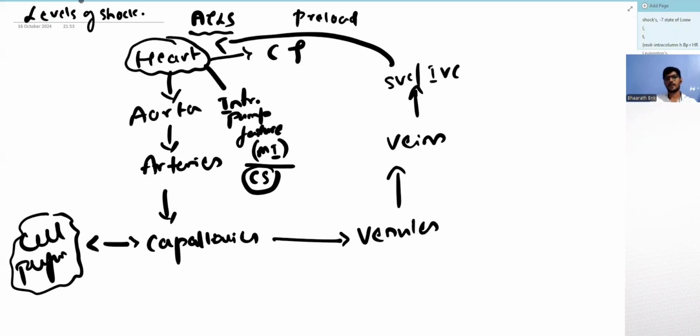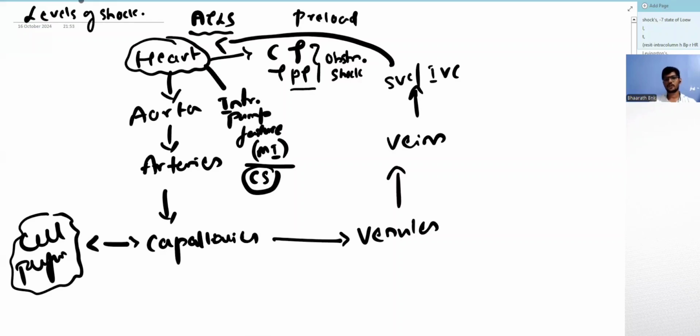If the lungs get collapsed, so if there is a tension pneumothorax, the lungs are collapsed, the capillaries in the lungs are collapsed, and the blood cannot come to the heart. Then also the heart cannot pump any blood further. So that is tension pneumothorax. So these are obstructions to the filling of the heart. That is why they are classified under obstructive shock, right?